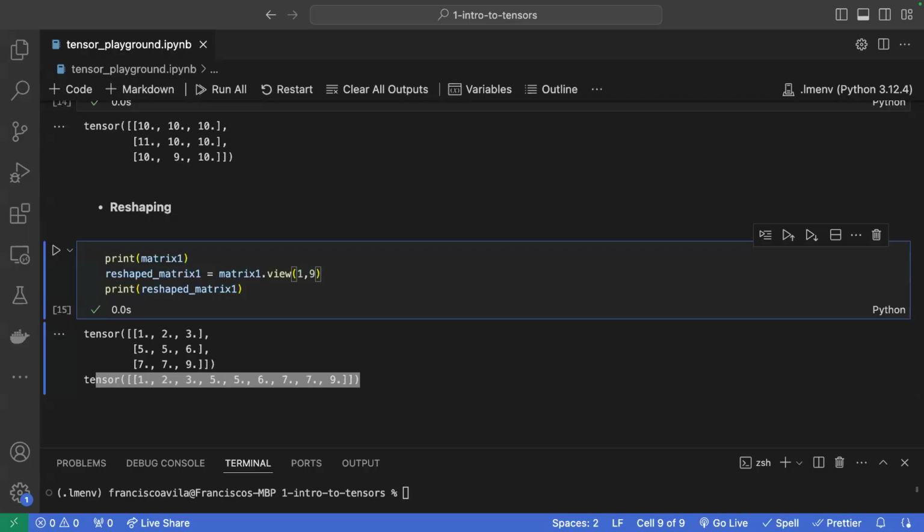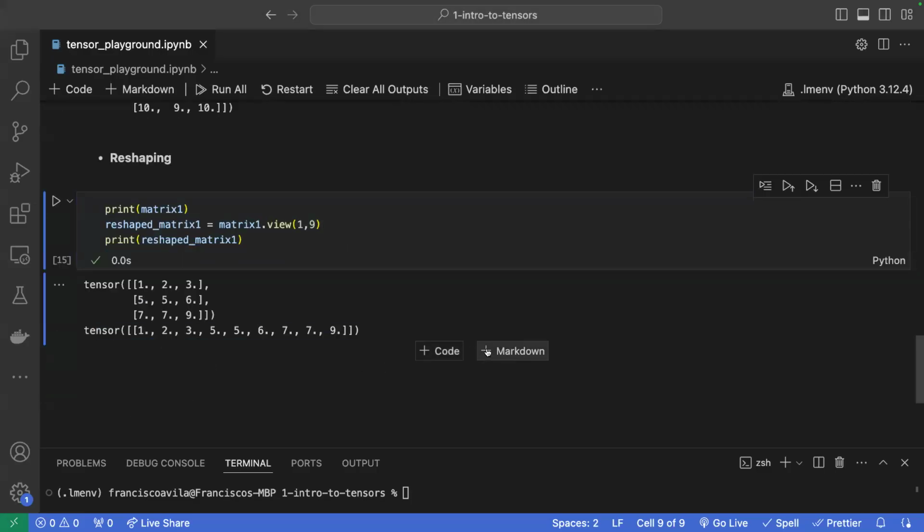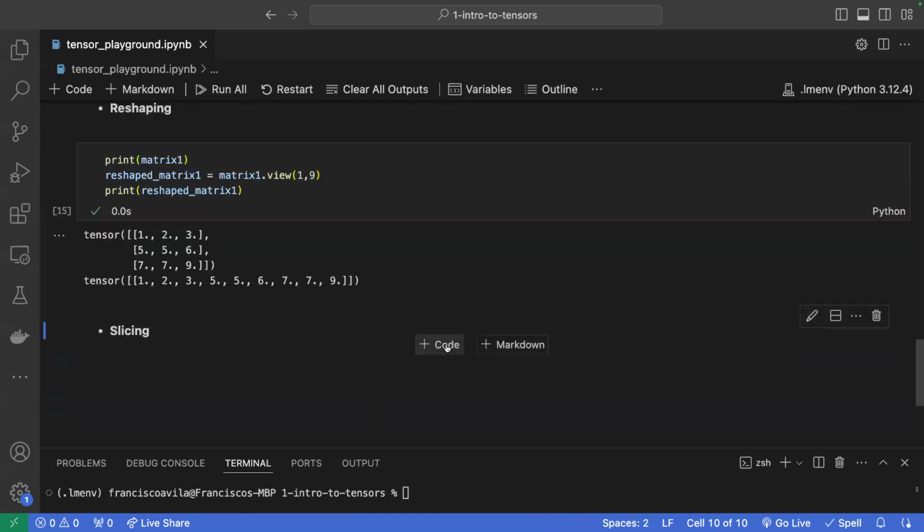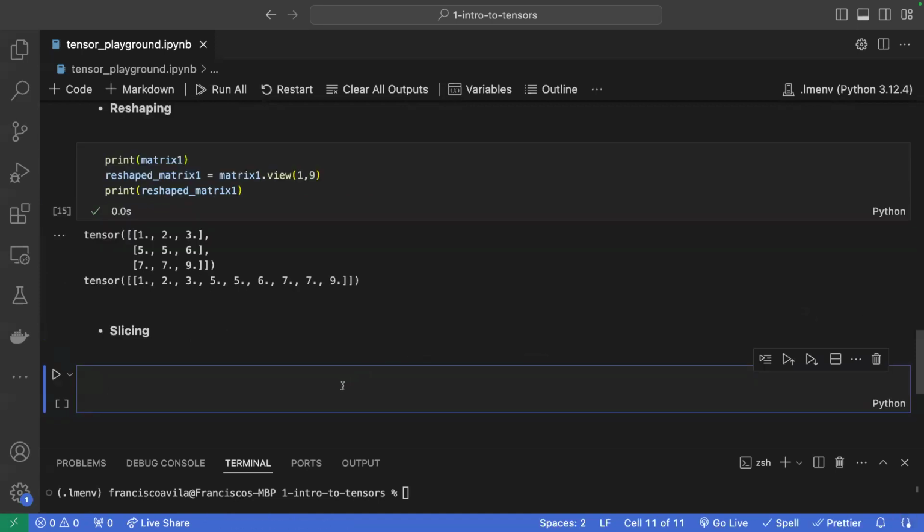Okay, so let's go into slicing. Now, slicing is going to be a little interesting because it's not exactly what we're used to. I'm going to go ahead and open up another markdown block here. Say, hey, we're going into slicing now. Save that, open up a code block. And in this code block, I'm going to say